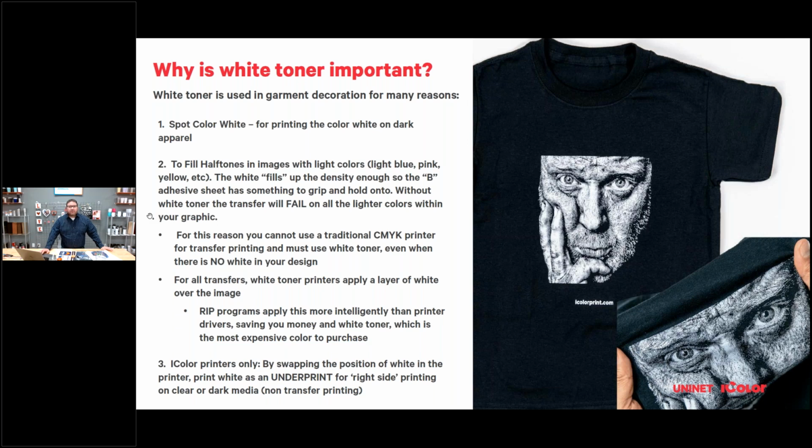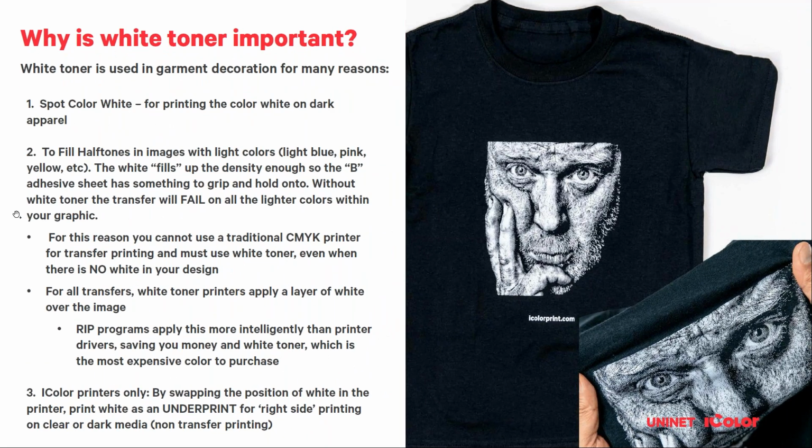So with regard to white overprint, the RIP program will intelligently decide where to put white. So it's not going to do a flood of 300% that you see on some competing models who don't use RIPs. What we'll do is we'll take the image, and the RIP will look at it and say, oh, here's a dark color like a dark red or a black or a brown. That's got enough toner density that I don't need to put white on top of it. But here's your cyan, here's your yellow. I'm going to put more white on that rather than the dark product. So you're going to save up to 50% in white toner usage just by using a RIP.